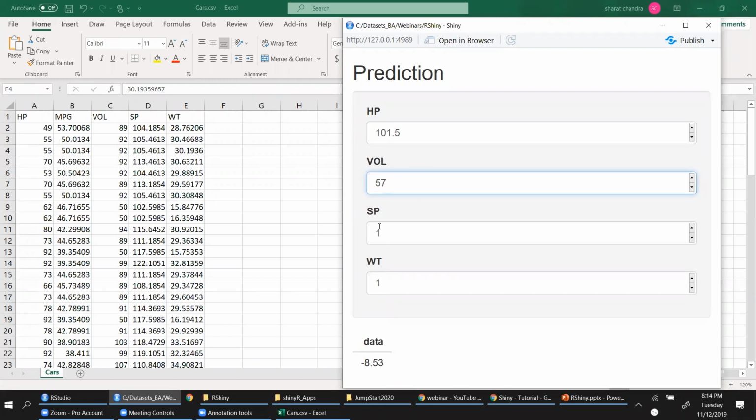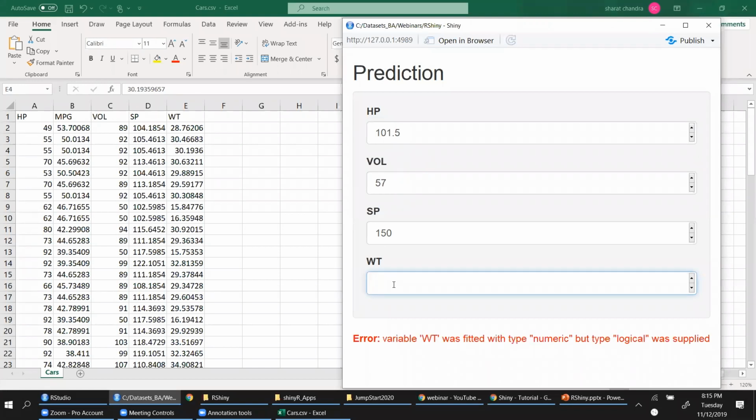Top speed, it can reach very high speeds, let's say 120 or maybe 150. And the weight of the vehicle, volume is less, so weight would also be less. I would like to pass weight as something closer to, let's say, 29. Given these inputs, your mileage is predicted as 61.63.